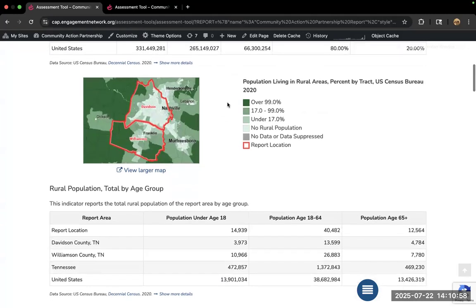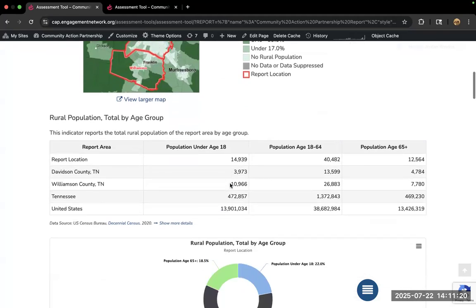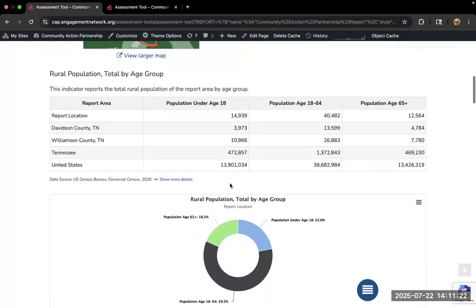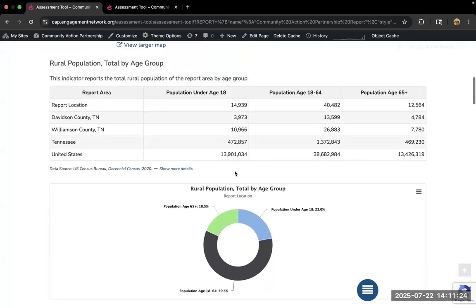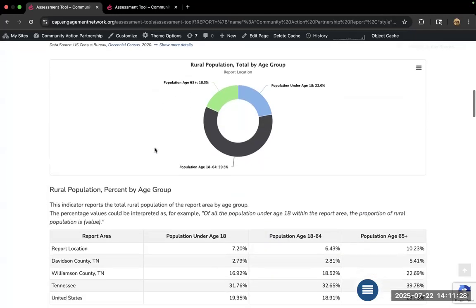where we can go in and explore and see, wow, look at the distribution of, we have, our Nashville area, which is very, very not rural. And then we have some little corners down here, right, where over 99% of our population are quite rural. And so we're going to drill into this here in a bit. But first, I'm going to scroll us through this report, and we're going to talk about a couple of cool bells and whistles. So as you can see, we're starting to see our totals by age group,